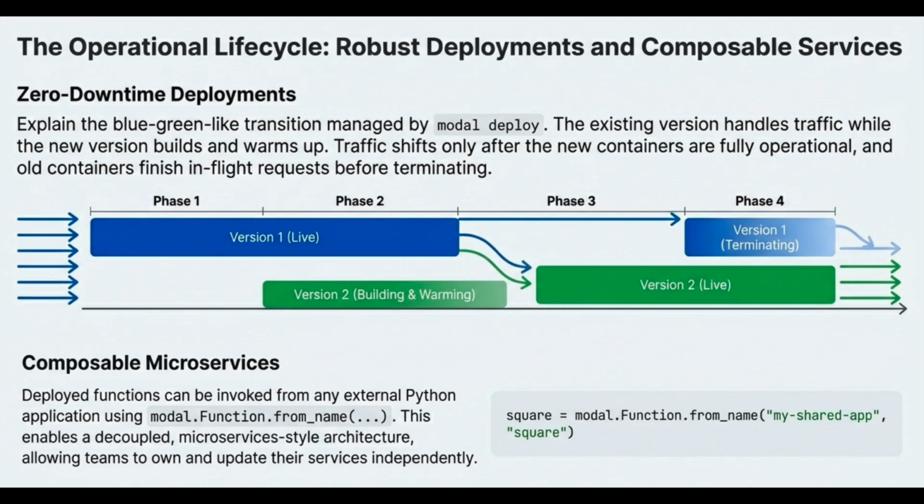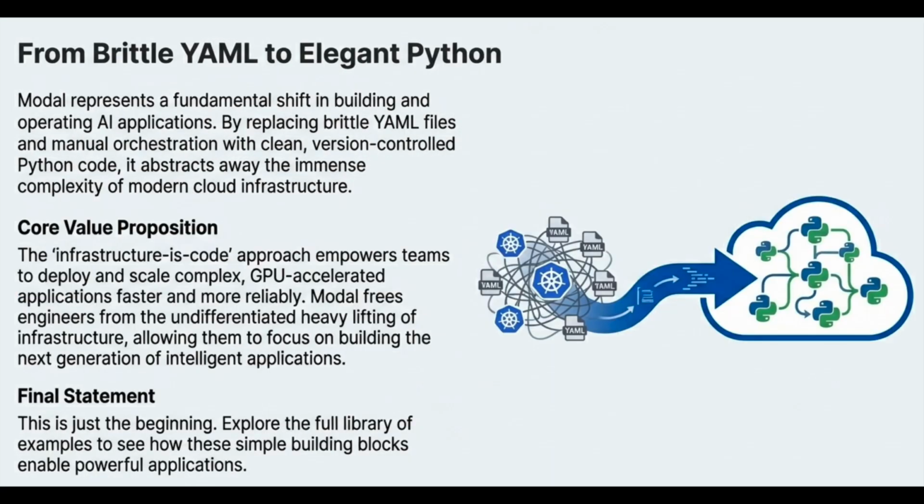And if a major bug makes it through all that, is a rollback possible? Yes. Rollbacks are treated as a special type of deployment. You simply instruct Modal to revert the application's configuration and function definitions to a previous, known good version. This is critical for maintaining your service-level agreements, though the sources do indicate this specific feature is currently available on the higher-tier plans. Okay, let's move to one of the most pressing architectural challenges in the age of generative AI,